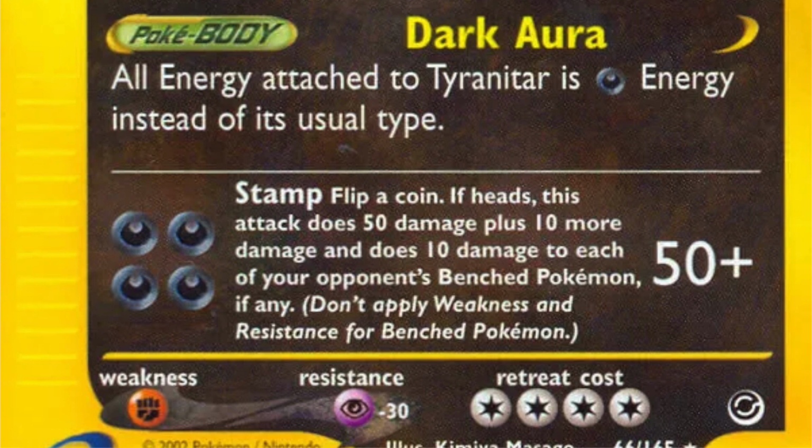If you're able to repeatedly hit heads on this coin flip and start stacking this spread damage around your opponent's bench, then you're pretty much setting up every other Pokemon they play for an OHKO. Of course, getting to that turn 4 can be a bit of a grind, so you do need a little bit of support. So let's talk about a support Pokemon that hasn't been featured on the channel so far,